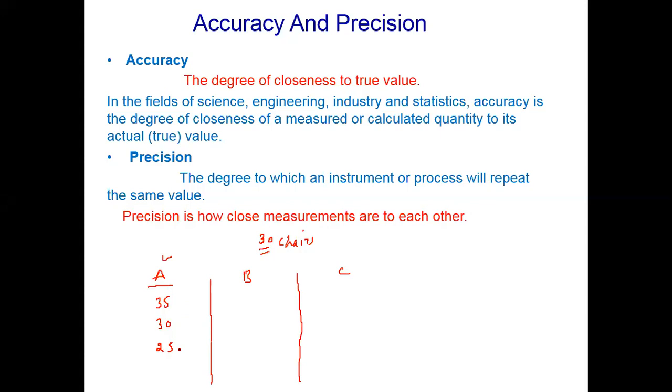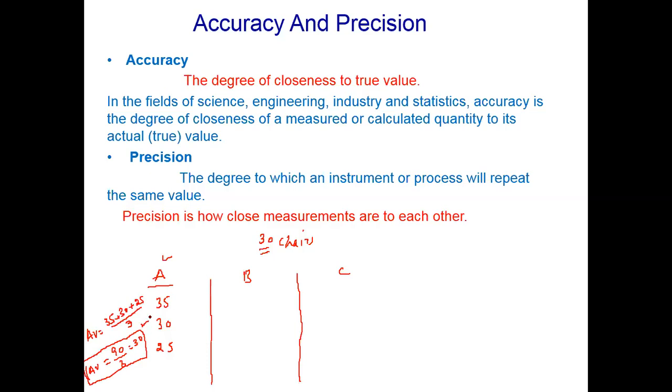So accuracy depends upon the result. In a physics lab or any lab, we take the average value. So if we take the average, the sum of all data, 35 added to 30 and 25, three observations, divided by the number of observations, 3. So when you add these, 90 divided by 3 equals what? The average is 30. Although his working was not good, his result is 30.